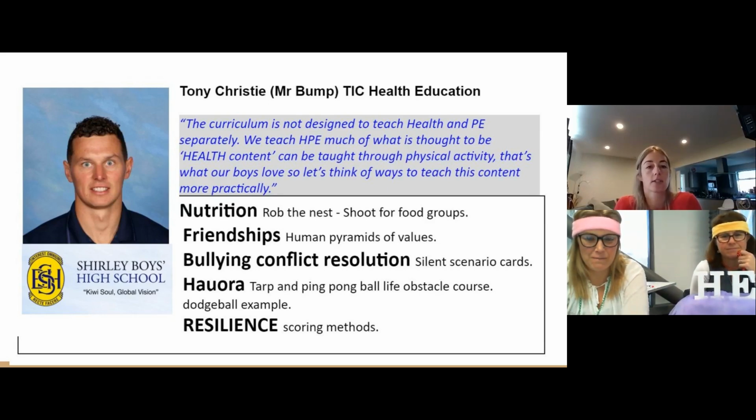Obviously, Susie's given us lots of ideas over the years around how to incorporate our underlying concepts into our teaching and learning. So hold it as content or as an underlying concept, with the tarp and the ping pong ball, having people trying to balance that, going through obstacle courses, or again, you could chuck it into a dodgeball example,